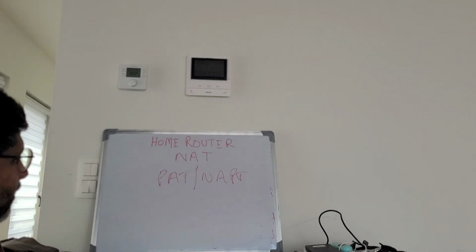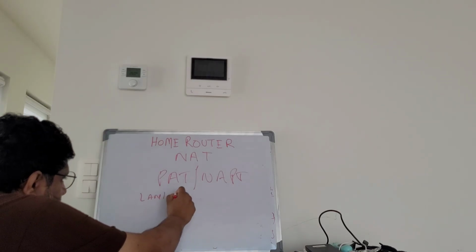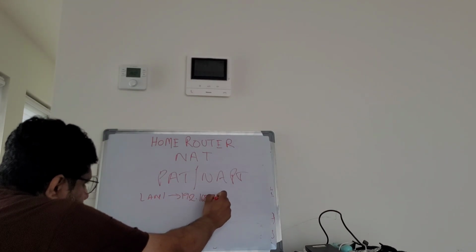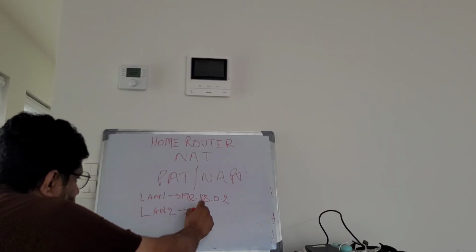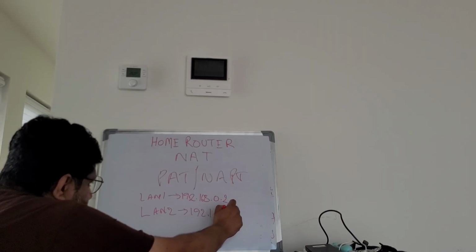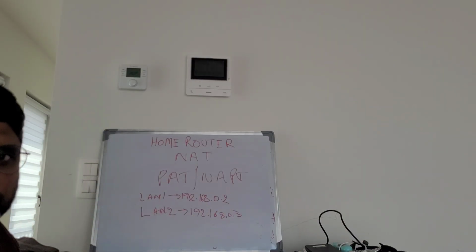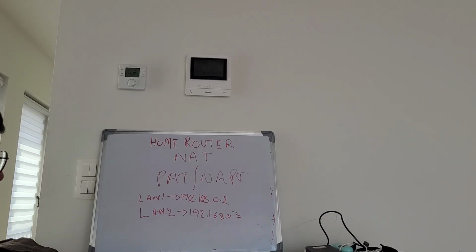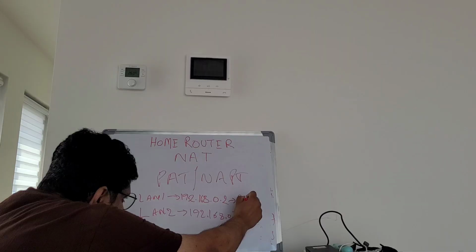Here what happens, for example, on the LAN side, you have LAN 1 client 192.168.0.2, LAN 2 192.168.0.3. Right, like this you have many clients. It can be maximum 6 or 7, depending upon how many people are using the LAN or the home router. So once you want to communicate to the internet, this will translate to one public IP address,